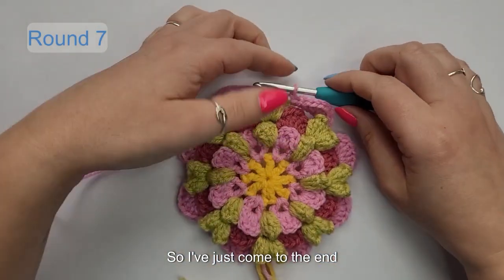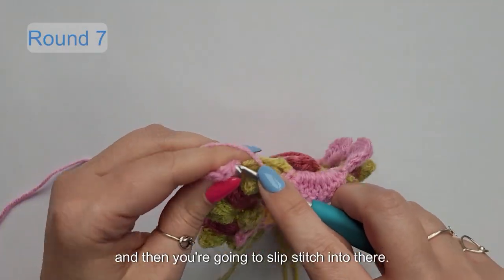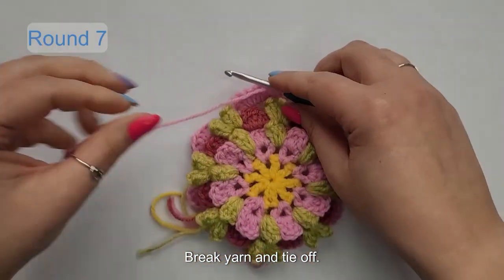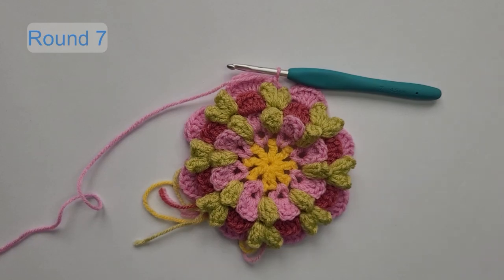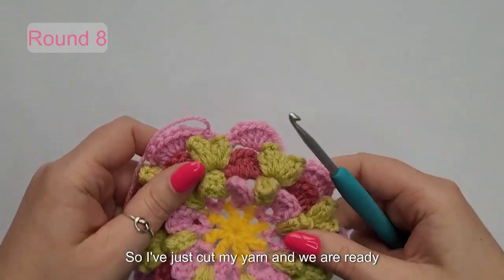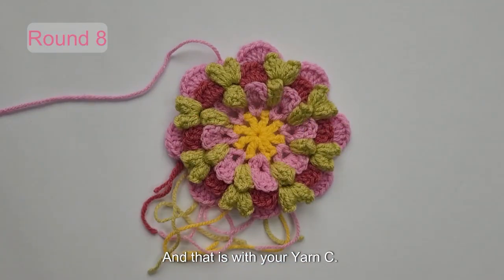So I've just come to the end of my last petal. I've done chain 1, and then you're going to slip stitch into there, break your yarn and start off. We'll be going on to round 8. So I've just cut my yarn and we are ready to start round 8, and that is with your yarn